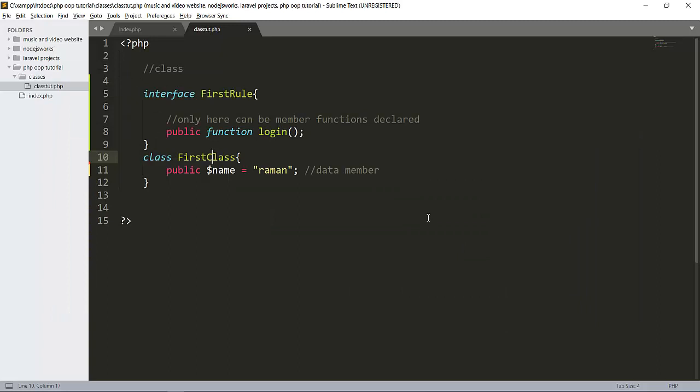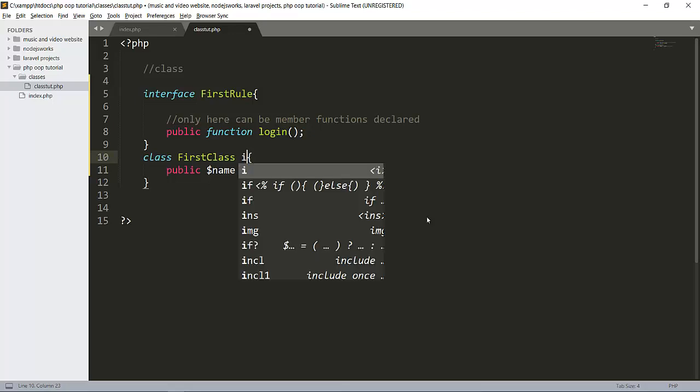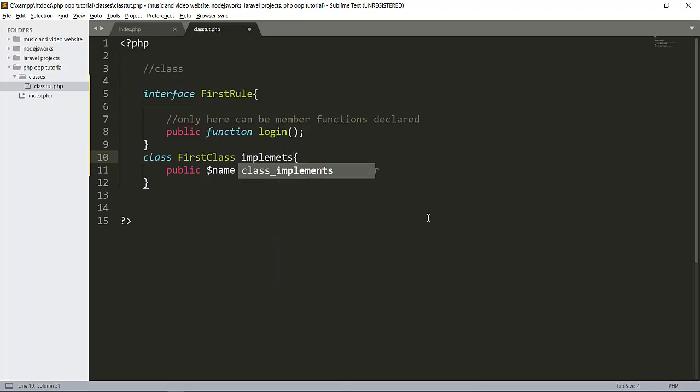If you want to implement an interface, simply write, like in inheritance, implements, then our interface name, that is first rule here.